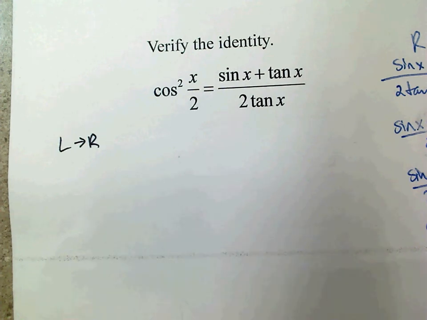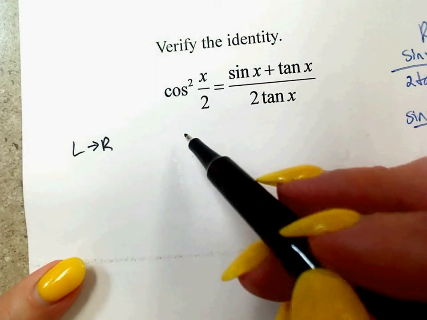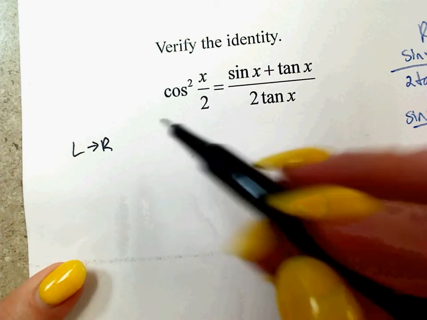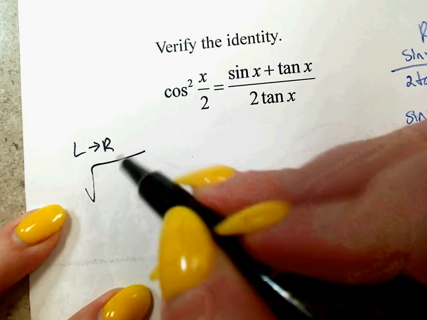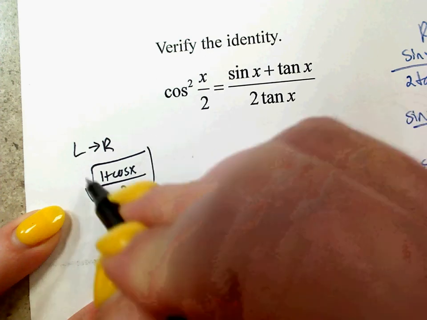Cosine of x divided by 2 is the square root of (1 plus cosine x) divided by 2, and then squared. So that's what that is, and that is just (1 plus cosine x) divided by 2. And so when I look at this right here,